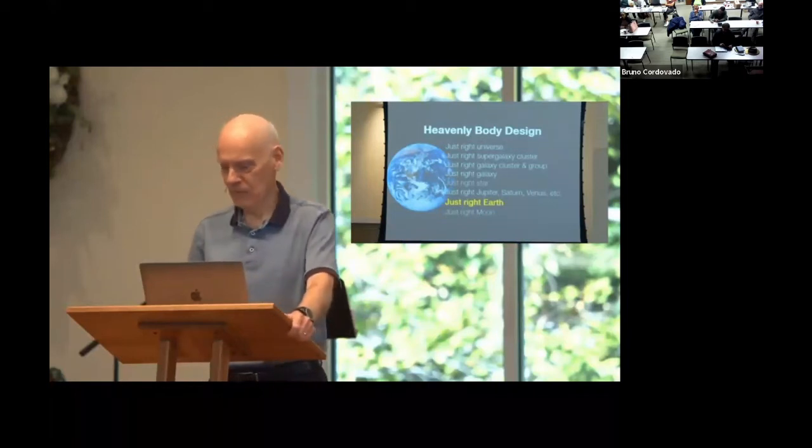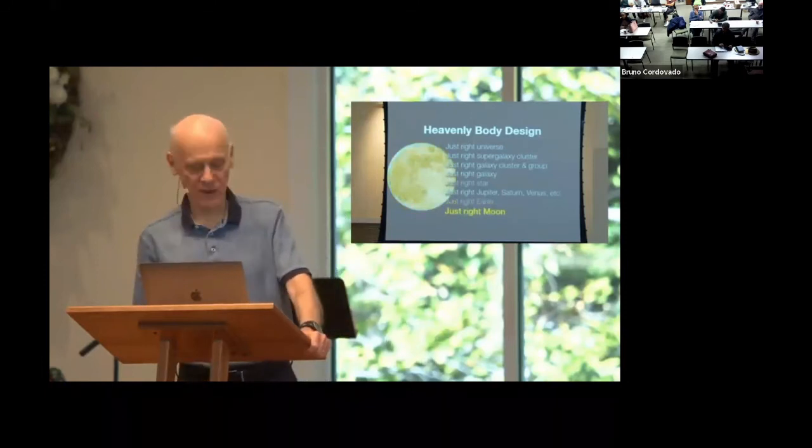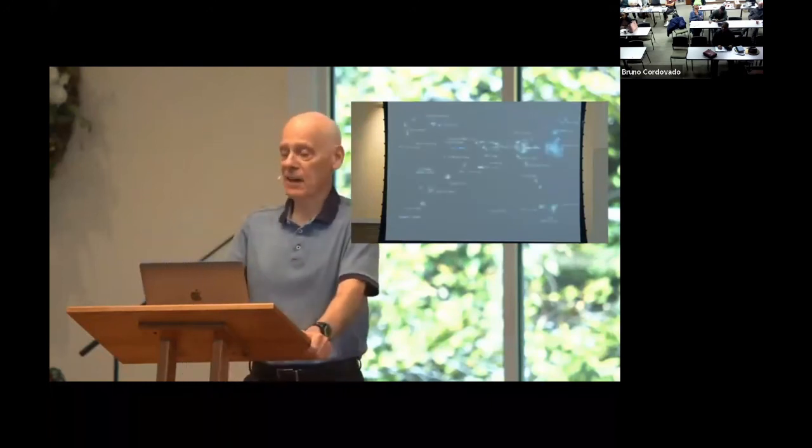And I want to show you a slide of the map of the super galaxy cluster in which we live. Let me see if I can advance it. There you go. That's the Laniakea super galaxy cluster. It's a cluster of clusters of galaxies. But what's unique about our Laniakea super galaxy cluster is the galaxy clusters and galaxy groups are sprung out along these long filaments. And so that little red dot there basically shows where our local group of galaxies exists.